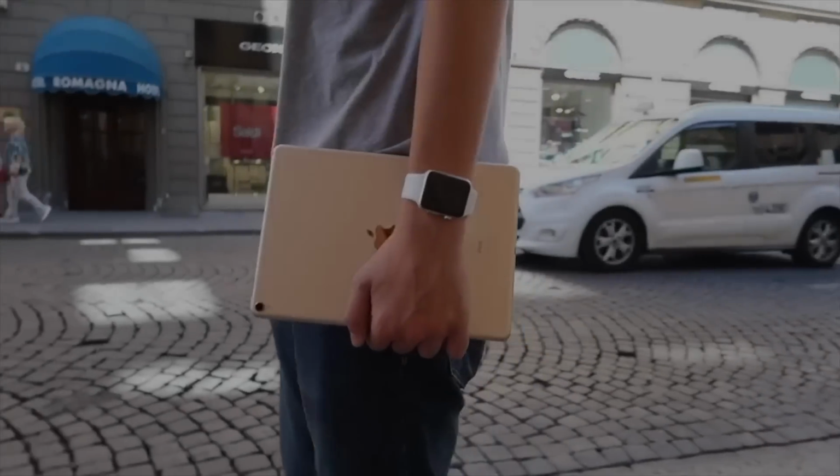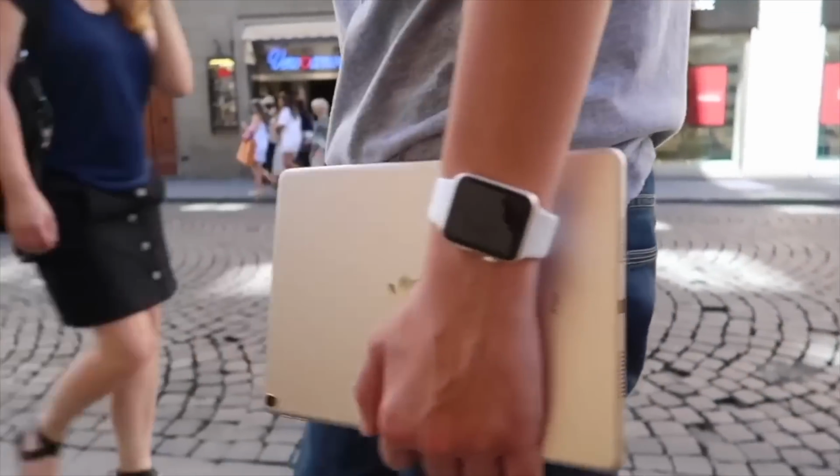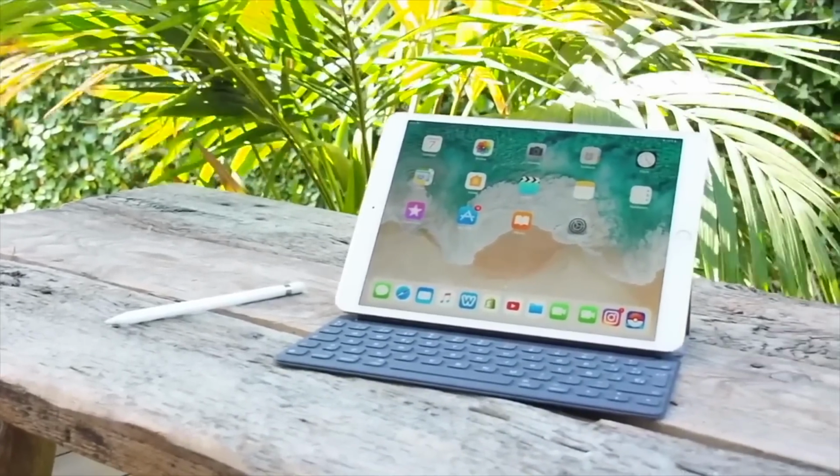Because the price difference is a lot. I mean, maybe some of the features or most of the features that the iPad Pro has, maybe you just don't really care about them. So if you're thinking about buying an iPad, maybe the 2018 very cheap iPad, maybe it's the perfect fit for you. So if you like watching Netflix, if you like watching movies,